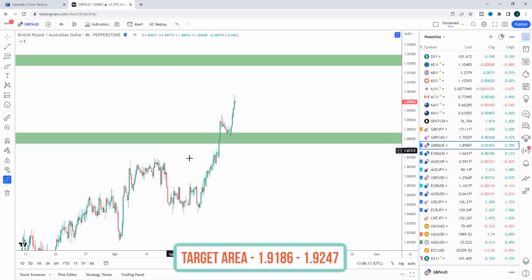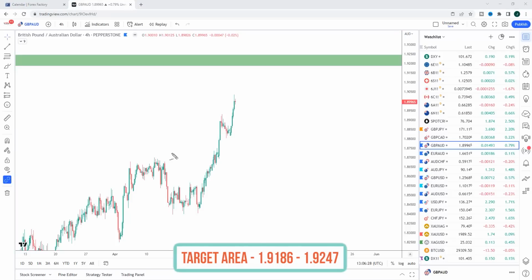Next is pound Aussie. Now, this was a market that really did trade through the max profit taking area last week. And this is a sign of real strength because not often does it happen. Usually 3 times out of 10, roughly, you will see this. Most of the time, it will pause in these areas. So going into this week, once again, this is a market I'm looking for further upside.